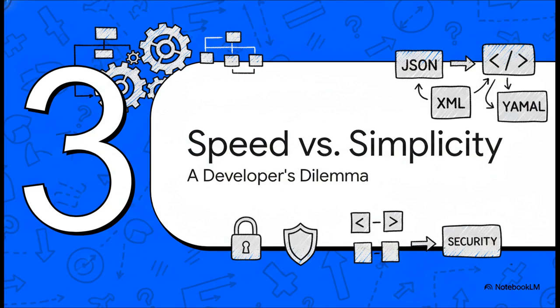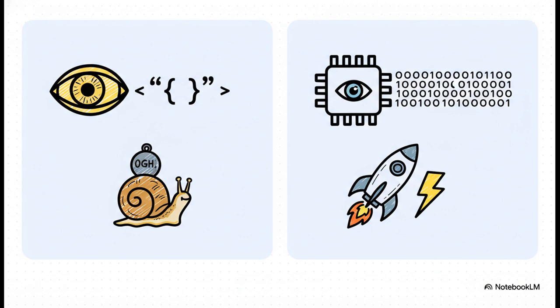So why does this keep happening if everyone knows about it? Well, a big part of the answer lies in a fundamental dilemma that developers have to deal with every single day, choosing between different data formats. You've basically got two main languages for this serialization process. On one side, you have text-based formats like JSON. The big plus? Humans can actually read it, which makes it way easier for developers to debug. But the downside is that it's often kind of bulky and slow.